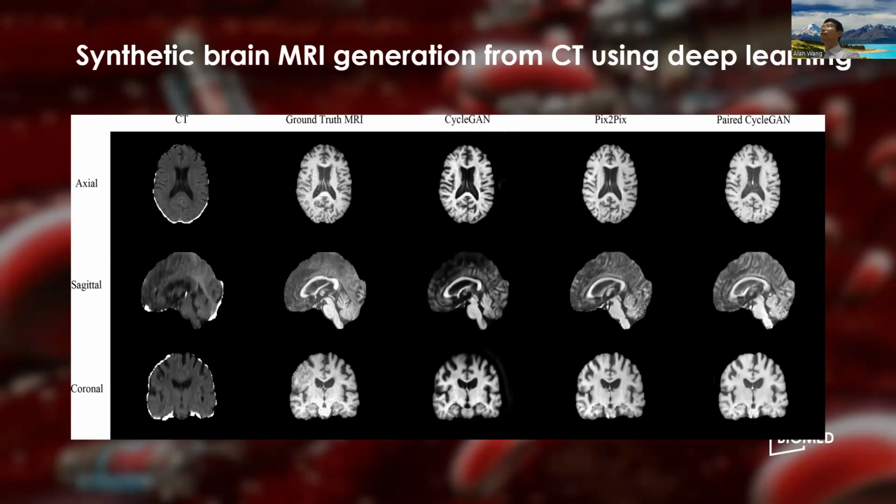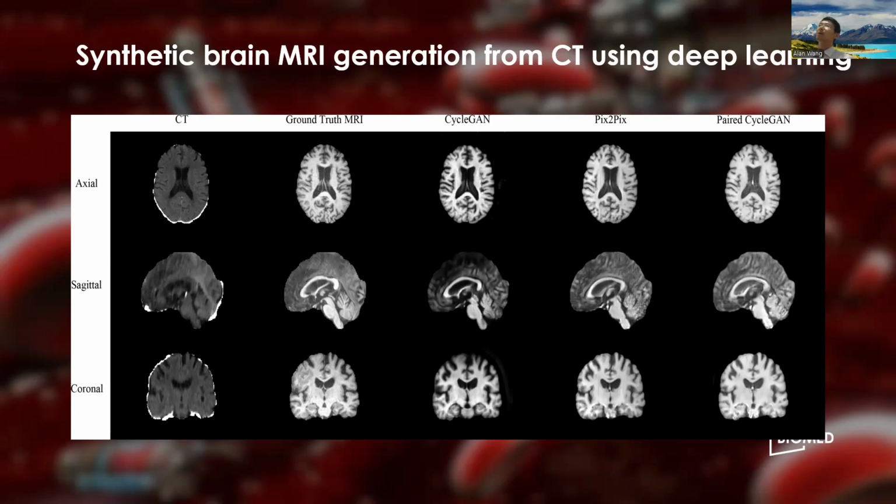The reason this kind of artificial AI technology is helpful for neuroimaging data is that, for example, we may easily have the CT data from the emergency department for some patient, for example, stroke or injury. But for the analysis or quantification, we may have more interest in the soft tissue, which is much more obvious from MRI. Then the question is, can we generate the MRI data based on CT? Then this kind of generation can be very helpful for the diagnosis.